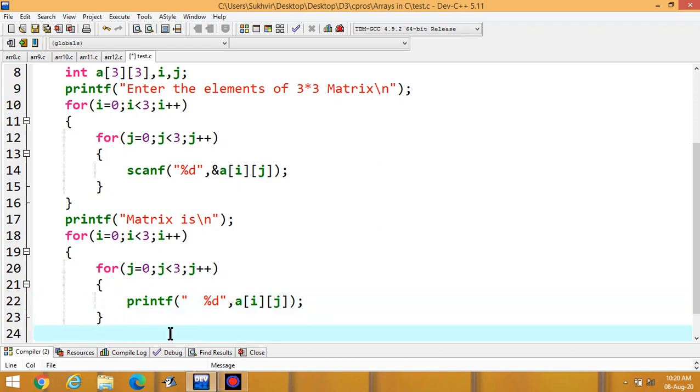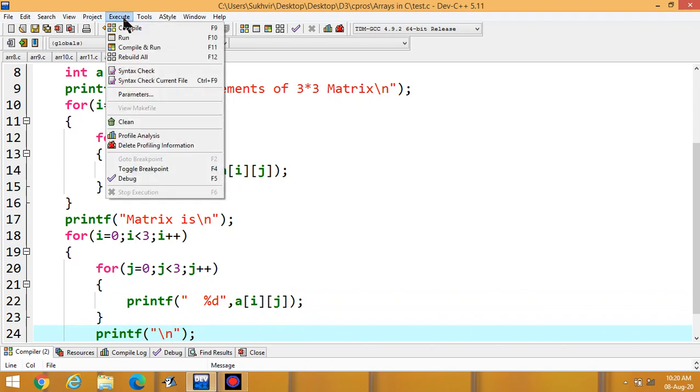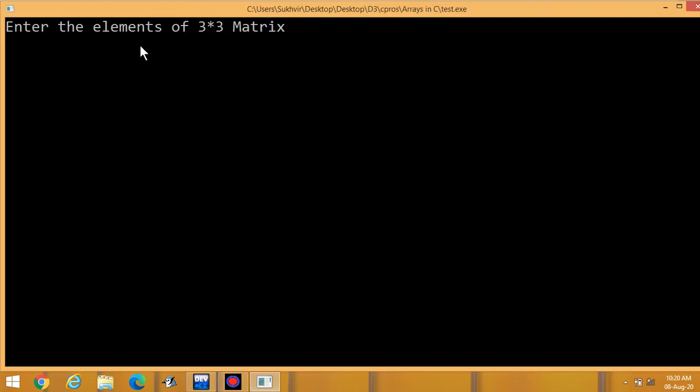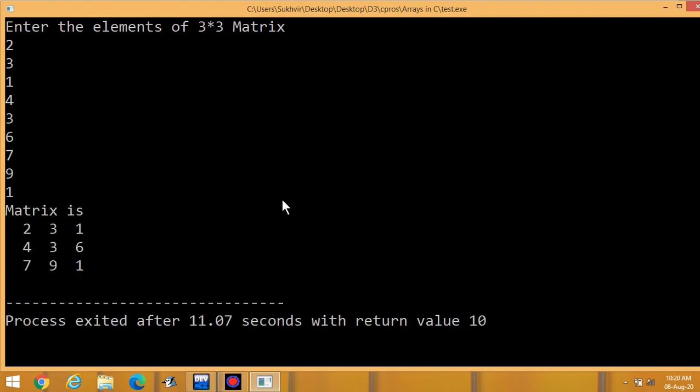To separate the rows, you have to write new line here. Now execute the program. 3 into 3 matrix, 2, 3, 1, 4, 3, 6, 7, 9 and 1. It means the matrix is 2, 3, 1, then 4, 3, 6 and 7, 9, 1. In this way you can display the matrix.